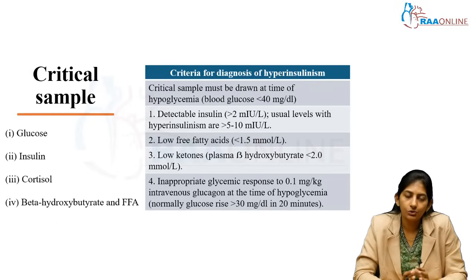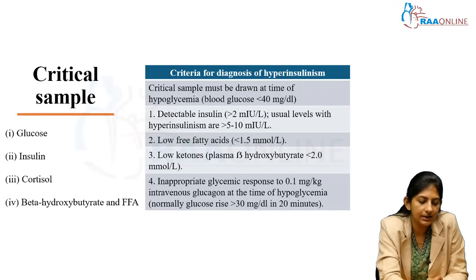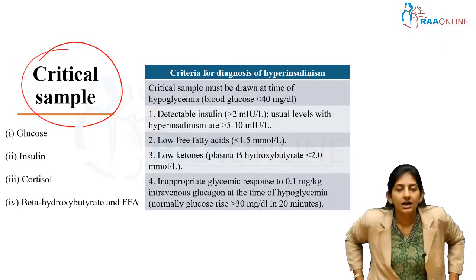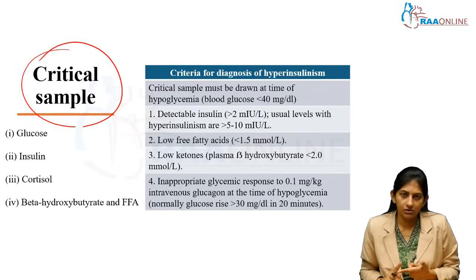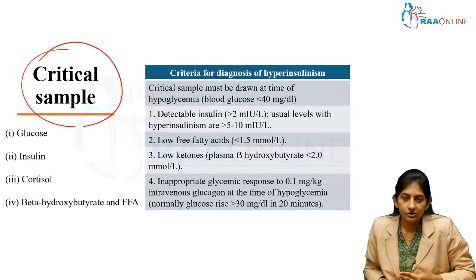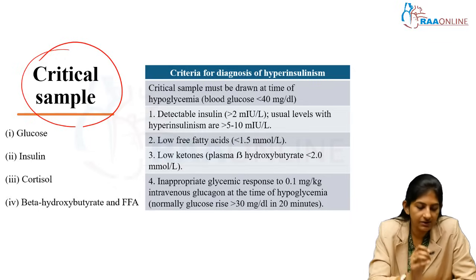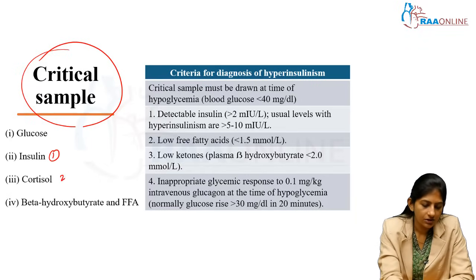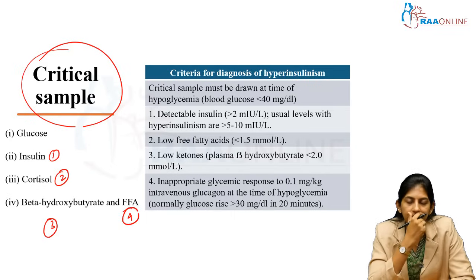So we will be doing serum insulin levels, right? But we are not just going to do the serum insulin levels, we will be drawing a sample called a critical sample. What is this critical sample? When the baby has hypoglycemia, at that time we have to draw the critical sample and send for all these, right? So glucose, of course, you know what the sugar level is at that moment. Next is insulin, serum cortisol levels, serum beta hydroxybutyrate, and free fatty acid. So apart from glucose: insulin, cortisol, beta hydroxybutyrate and free fatty acid. These have to be taken